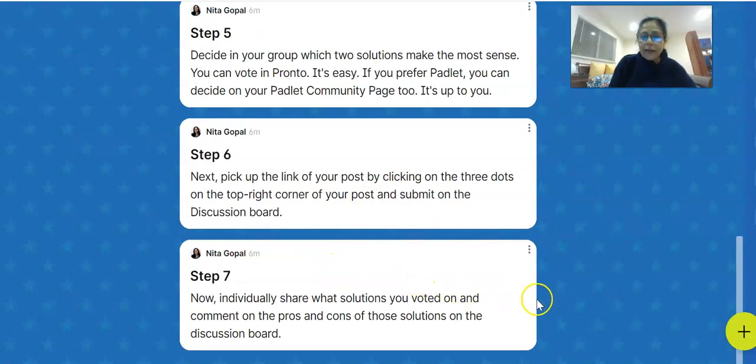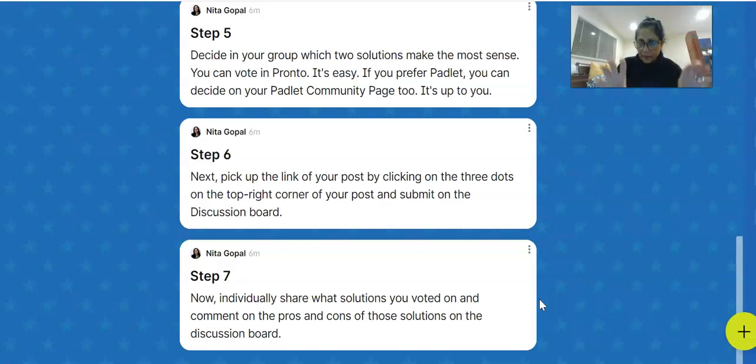Step 7, individually share what solutions you voted on and comment on the pros and cons of these solutions on the discussion board. So once you have posted, each one of you, it might look like a repetition, but it's really important for each person in the group to say, we zeroed in on these 2 solutions, which we think are the best solutions for this problem. So you would post that.